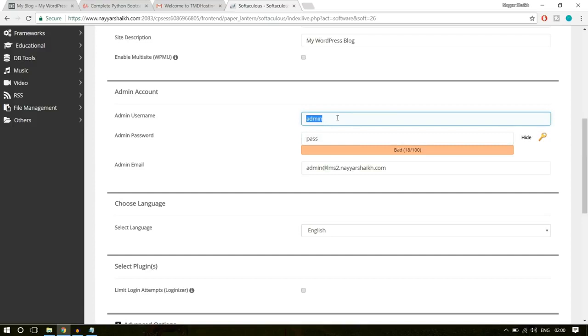For example, by default it is admin and pass. Just delete this thing. Make sure you change this as soon as possible. In fact, just change it now. For example, I am changing this to Nair_Sheikh, and this is case sensitive. So as you can see, N is capital and S is capital, and I have this underscore between my name